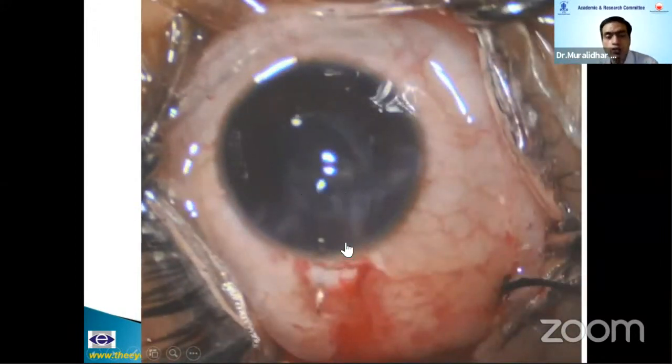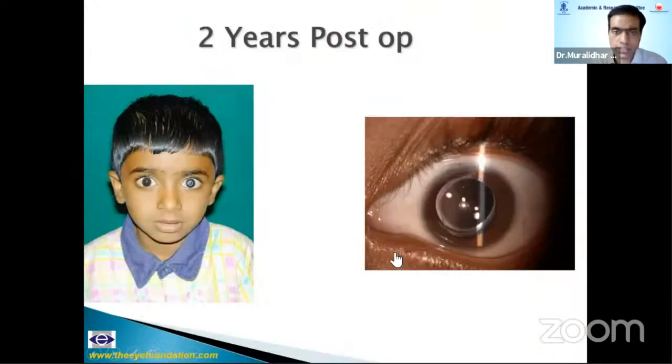And always remember to suture these wounds. I use 10-0 Vicryl. Even if you do a scleral tunnel, I always suture these wounds because the scleral rigidity is low. I prefer suturing in less than 12-year age group. And even 12 to 14 also, I prefer to suture only. I use 10-0 Vicryl. And my choice is for a scleral tunnel temporal incision. I do not suture these stab incisions.